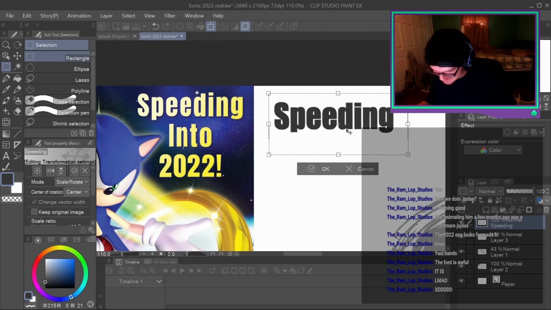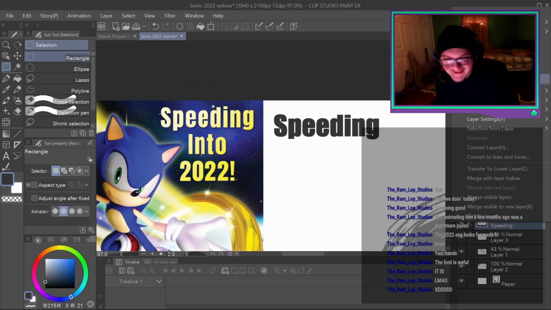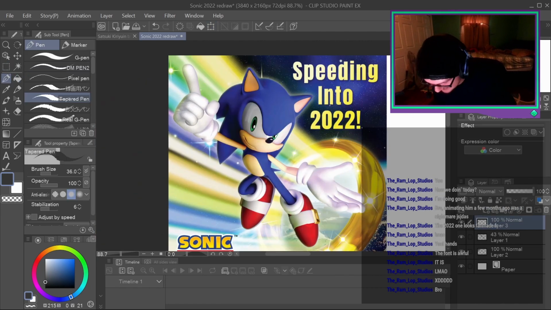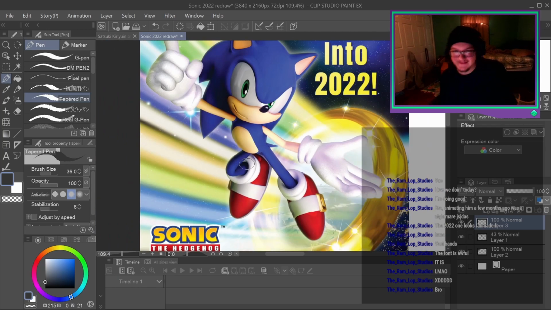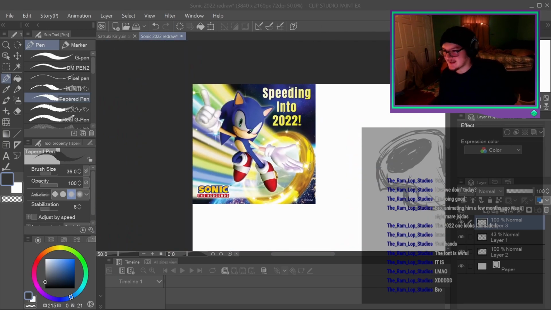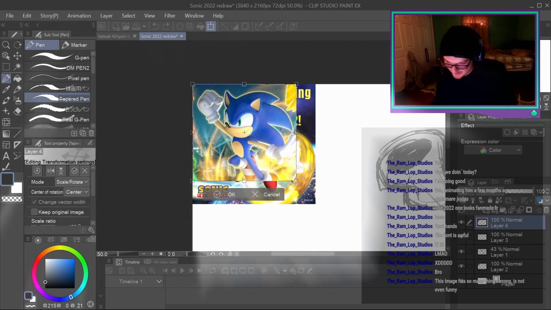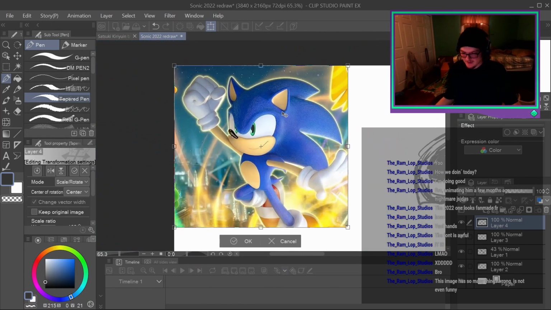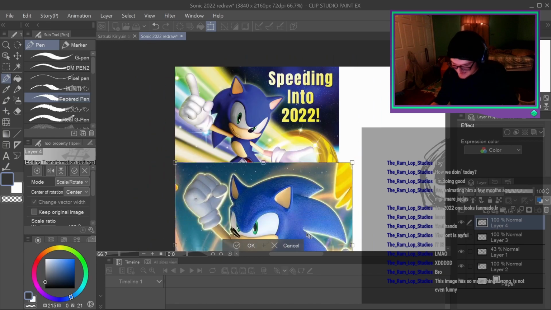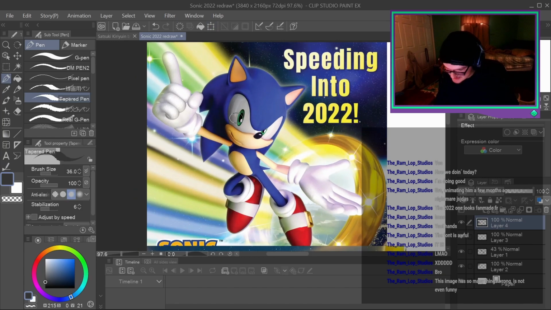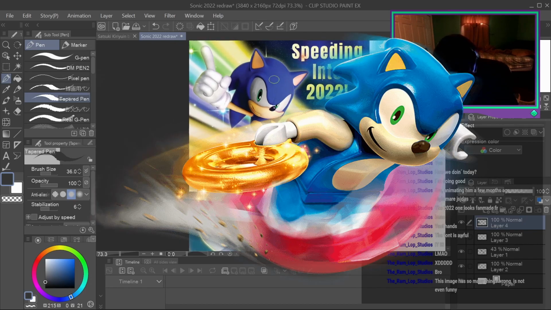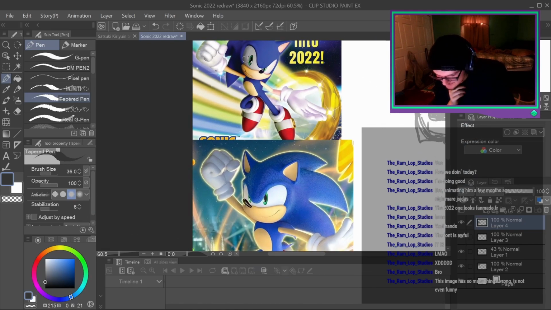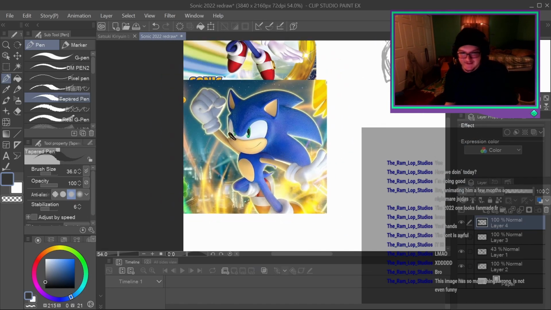What is this? What is this image, man? How did they get away with this? Not to mention, let me bring the Sonic Colors render back, the Sonic Colors Ultimate render that they did a couple months ago that I actually like. In this render, Sonic even has a texture to his fur. Look at this. In this one, he just looks almost plastic. It's weird, man. He just looks alive in this one.